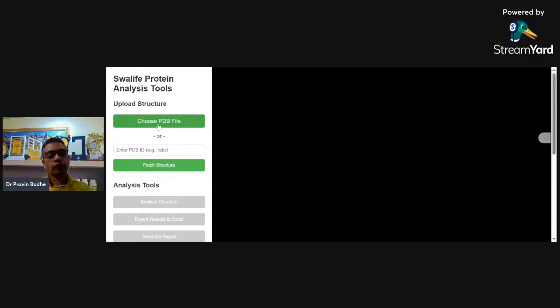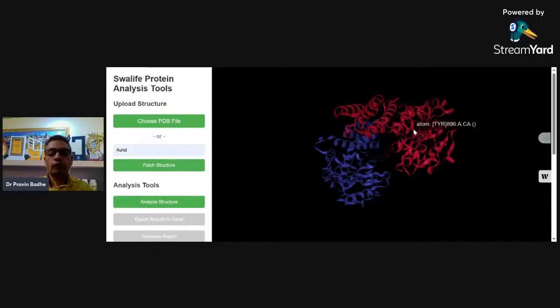So you can actually upload the PDB file, same like in the previous tool, but also you can give the ID. So if I give the 4UND, which is a PRP1 protein,